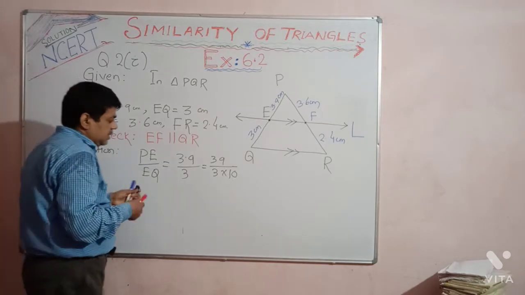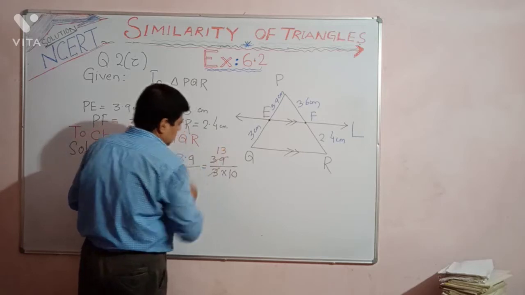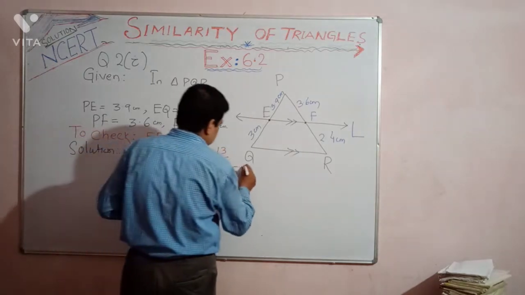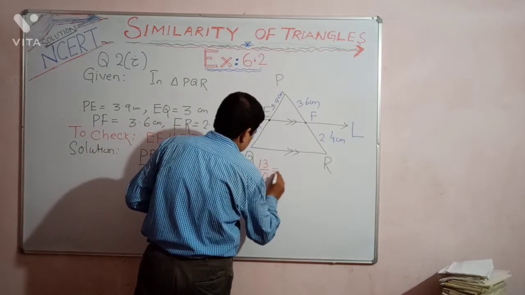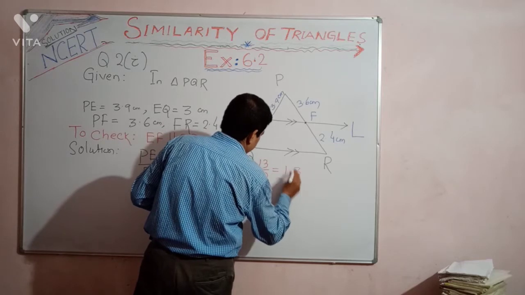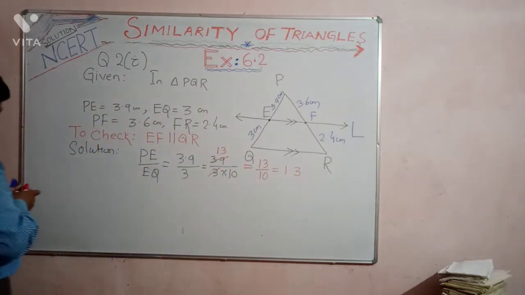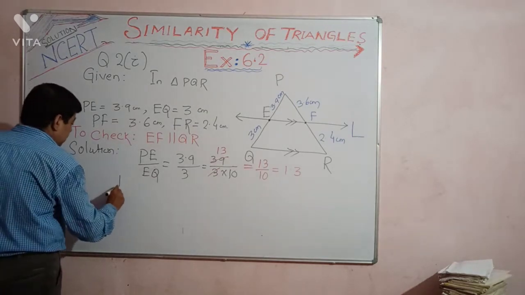Then after you cancel, 13 3s are 39, and the value will be 13 by 10, or 1.3. The ratio is 1.3. Is it clear? Similarly, let us find out PF